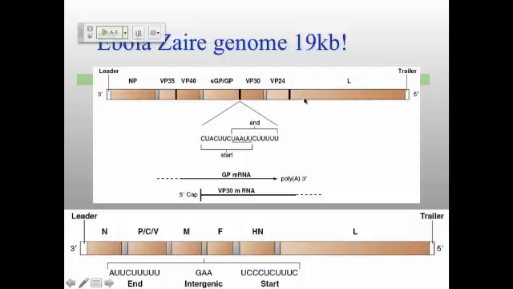Here, very similar to what you have in the paramyxos and the rhabdoviruses, starting, stopping, the poly A tail formation, also through stuttering. Yeah? That secreted glycoprotein, that's just